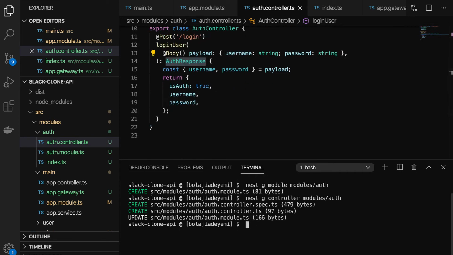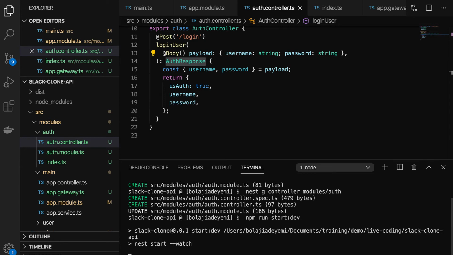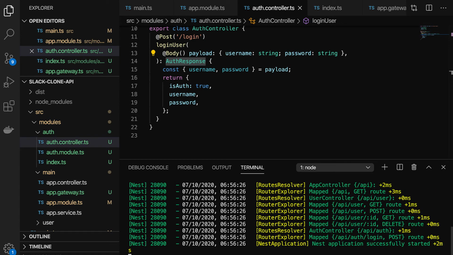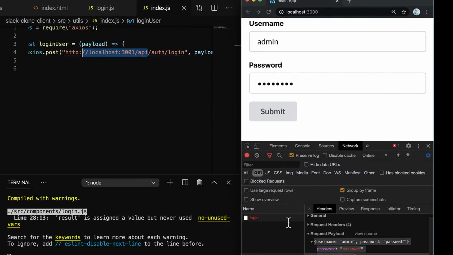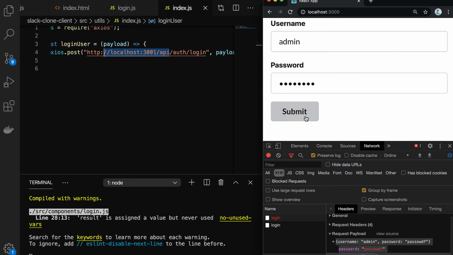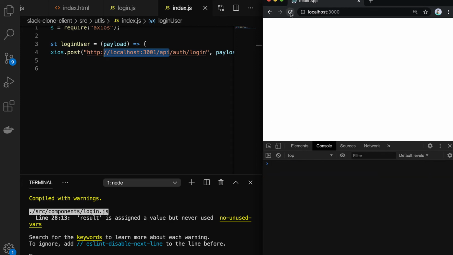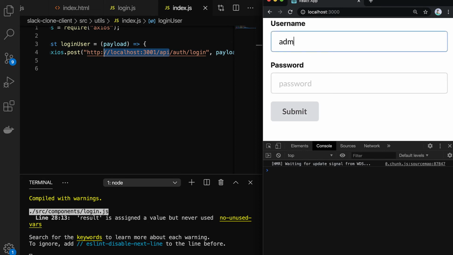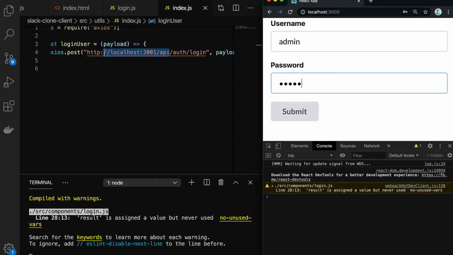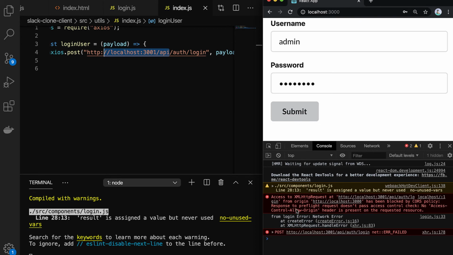We could try to start the server and see if everything is defined. For dev mode, the start has started now and everything is defined. So we could try again, we could submit this one, and go to our console. You see the error we get now: it goes to 3001, it failed. Let me refresh so that we could see which one we really get. So admin, then password. Now they see it says access to this thing is blocked by CORS